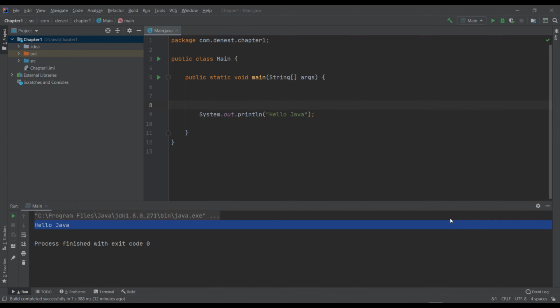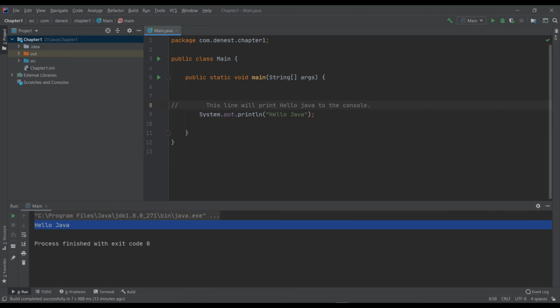Now let's learn what comments are. Comments are useful for documenting your code. Let's say you are writing a large program in Java and visiting it after 4 months. You don't know what each line of code is doing. So if you comment it, you'll be able to figure out what each line is doing. If I want to comment this line, the syntax is simple. You have to use two forward slashes, like this, and you can write whatever you want. Like I can say this line will print hello Java to the console.